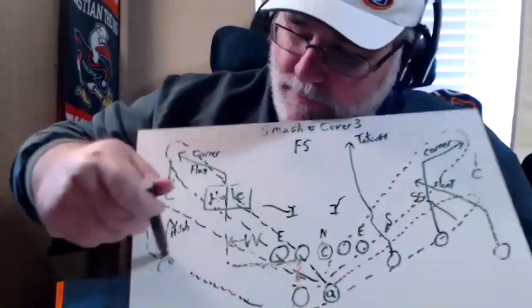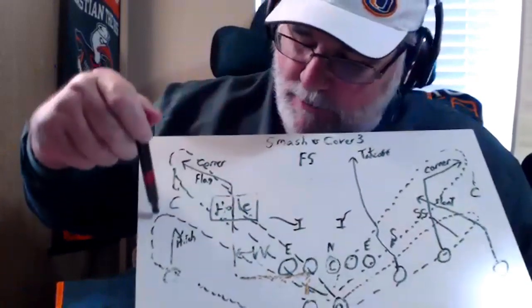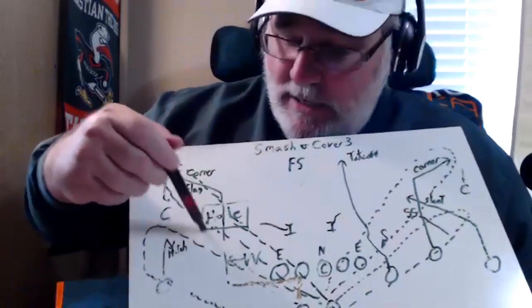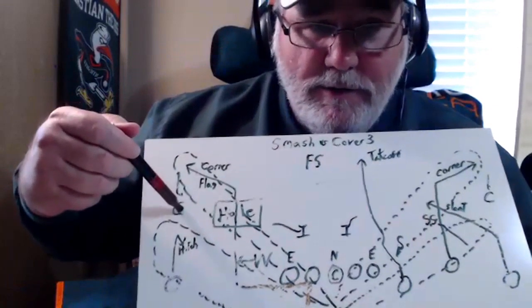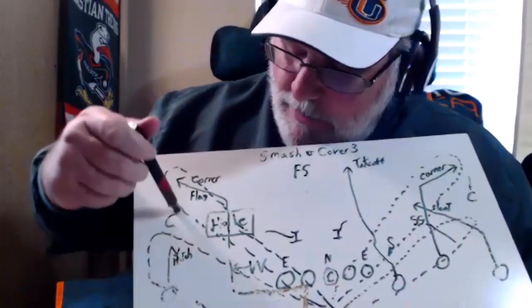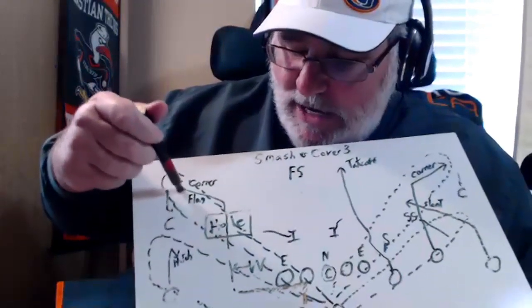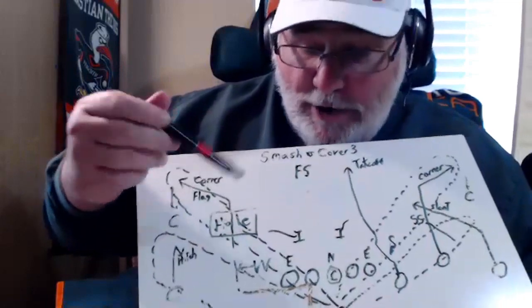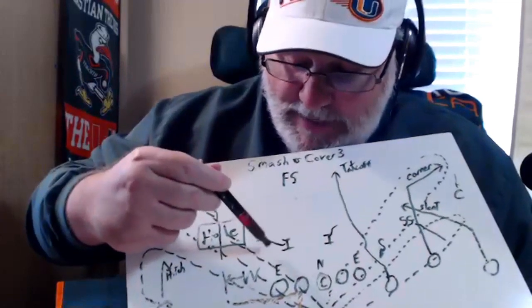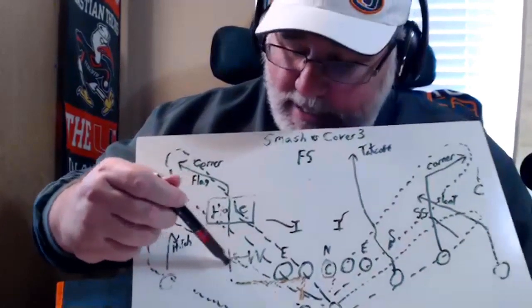And now you have a receiver in space with one guy here, and then maybe the free safety and the linebacker's trying to chase. He makes a move, gains some big yardage. Okay, so you're going to throw the hitch first. All right, because chances are this corner, since he's playing deep, is going to take away the quarter pattern. But here's the thing: if this linebacker, let's say the weak side linebacker, doesn't blitz, he gets in